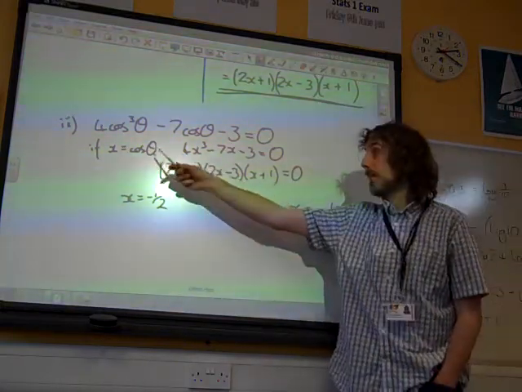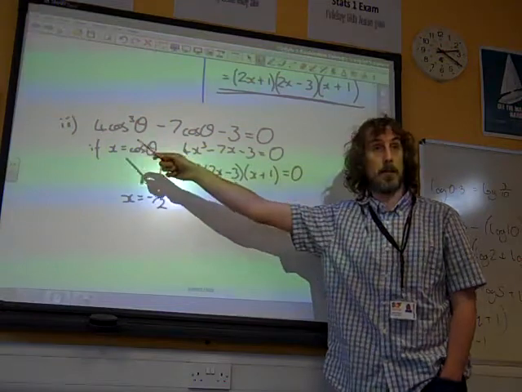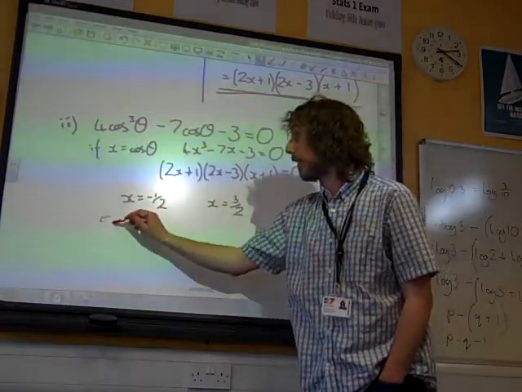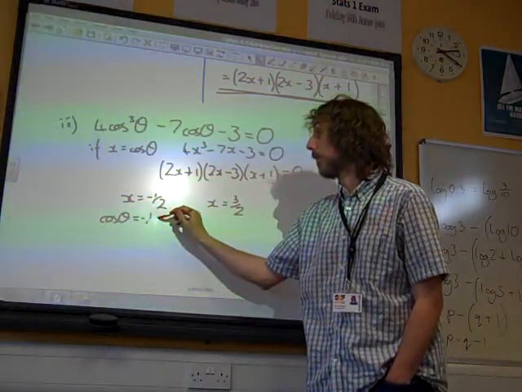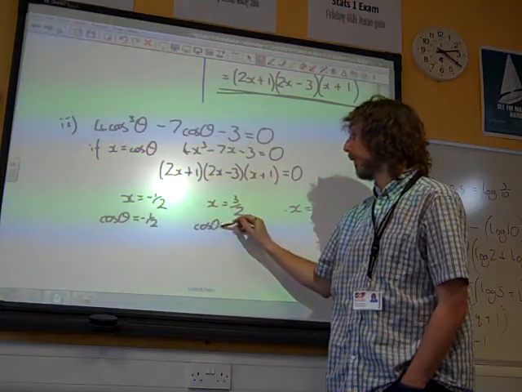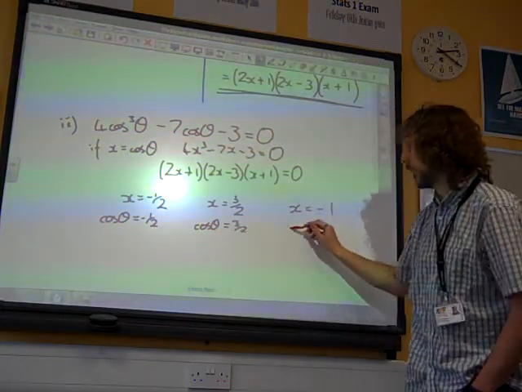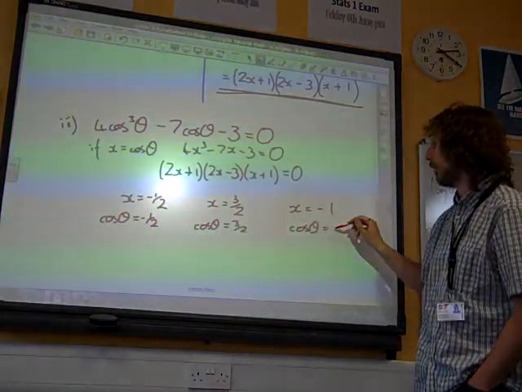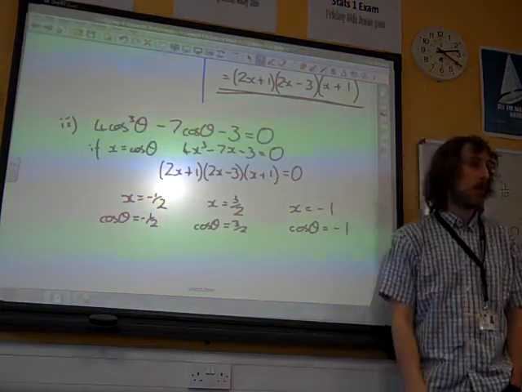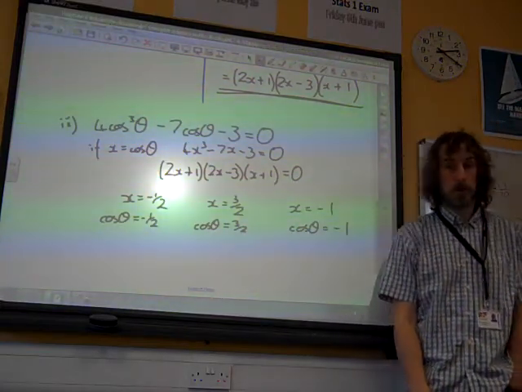Because we've just said we've replaced cos theta with x. So really this is cos theta is minus a half, cos theta is 3 over 2, and cos theta is minus 1. So we've got 3 trig equations to solve now,